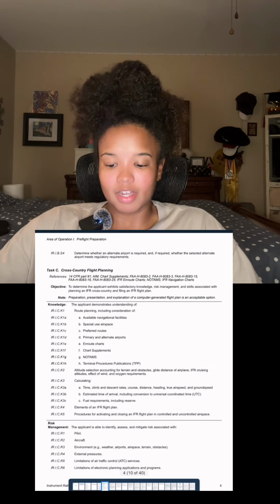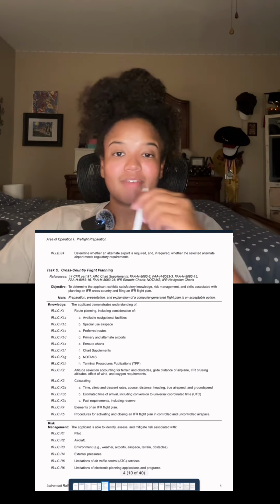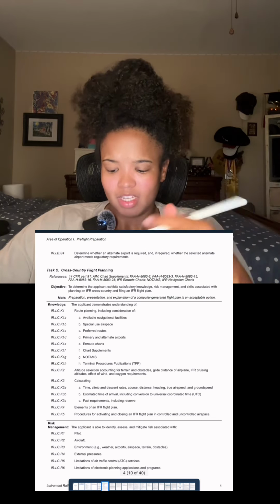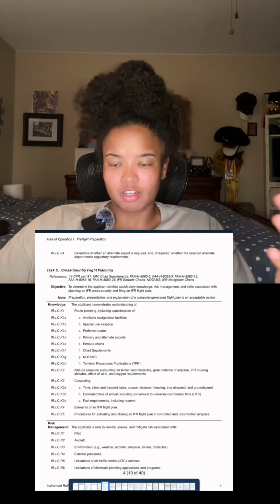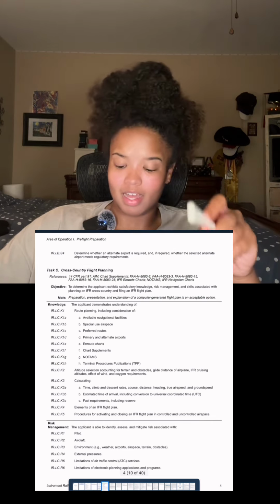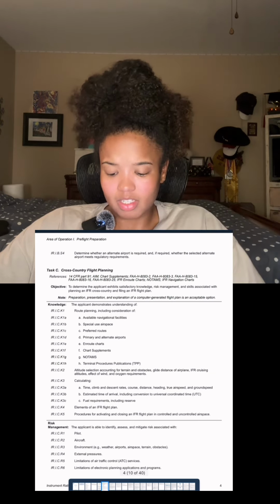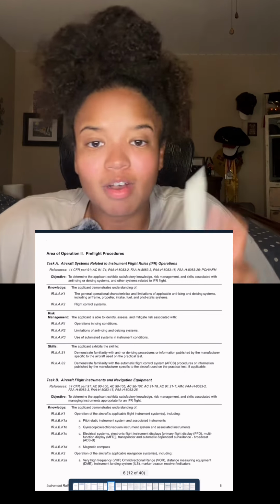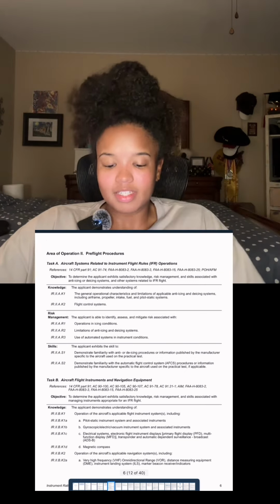Then we have the special use airspaces. You can go to the Pilot's Cafe and the back of that section and find that as well. That's pretty much it for there. Not going to go too deep. Also, for the elements of the IFR flight plan, go to the FAR AIM for that as well. Then we are going to go to the aircraft systems, area of operations 2. So for this is going to be considered